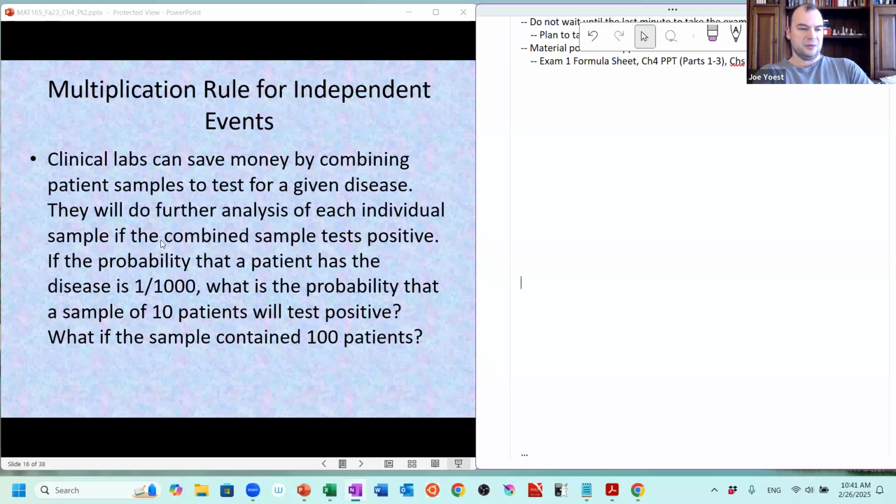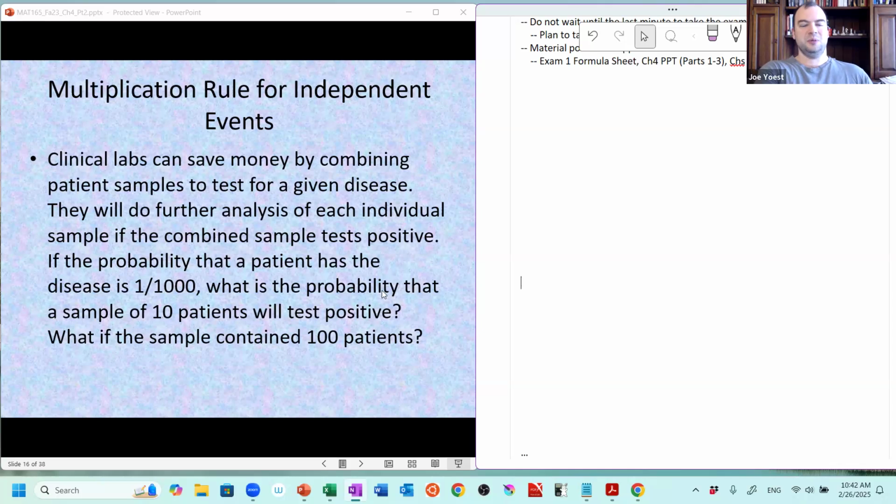So let's say that the probability that a patient has whatever disease we're looking at is 1 in 1,000. So it has a relatively low prevalence in the population. Because of this, I'm interested in pooling samples. I think, okay, if one patient is unlikely to have the disease, then probably a pooled sample of 10 patients is also unlikely to have the disease. So a lot of times I could take pools of samples of 10 patients, the pool will test negative, and then I can just say with one test, all 10 of these folks are negative.